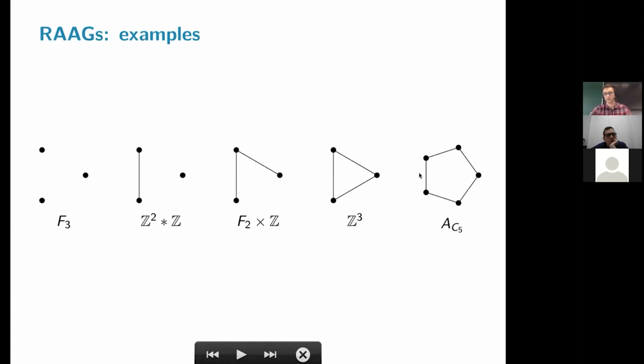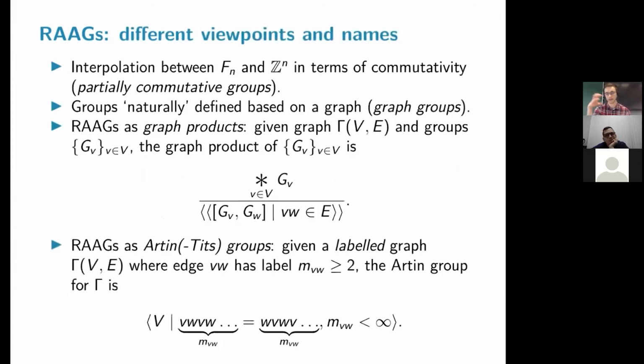If you take, for instance, a regular pentagon as graph, then the associated right-angled Artin group does not have a nice description in this way. So it's really a new type of group we get using the definition. Now, to give some historical background, right-angled Artin groups, or RAAGs for short, are denoted with several